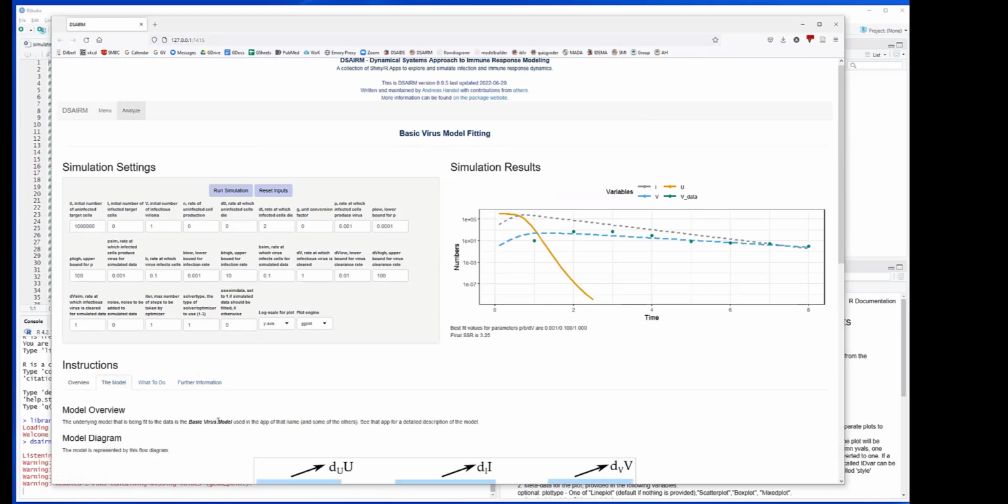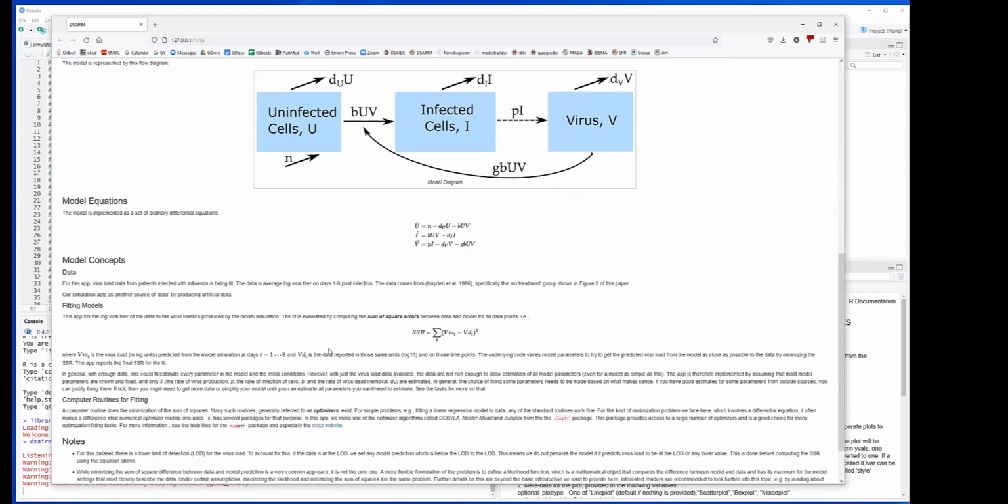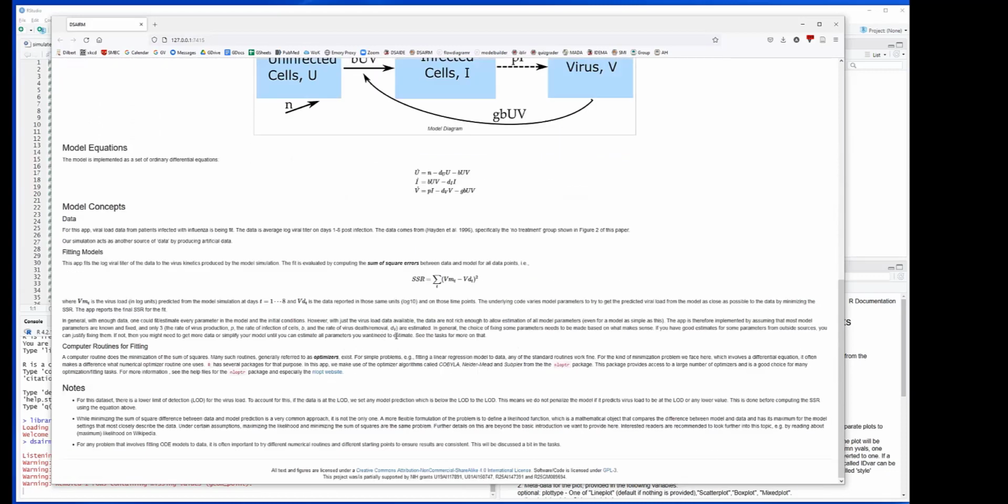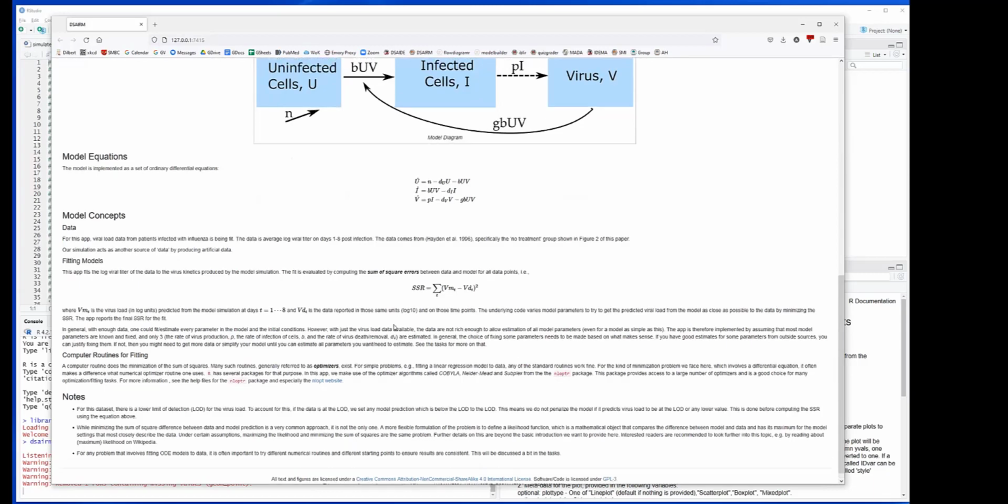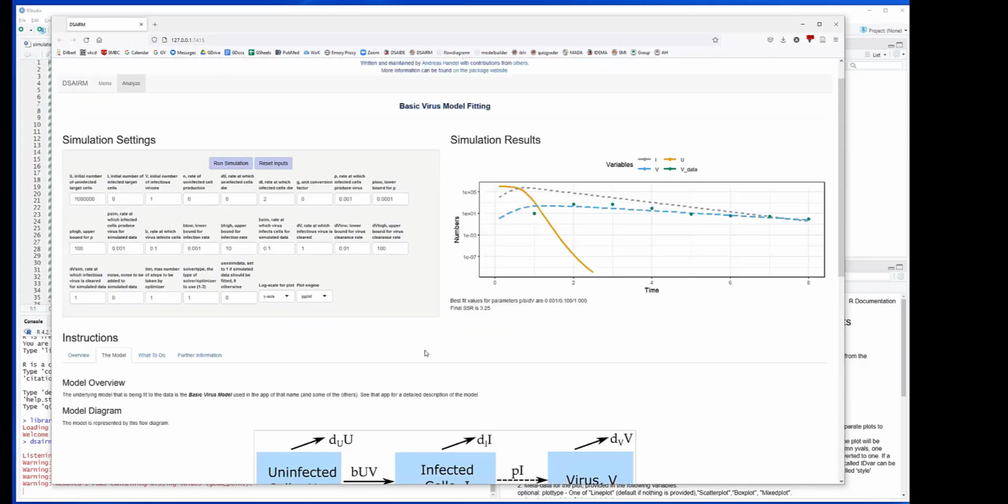Somewhere it will tell you where the data came from. Basically, I got that from the literature. And it's just data that was published from a study looking at flu in people. And so here, this walks you through basically,